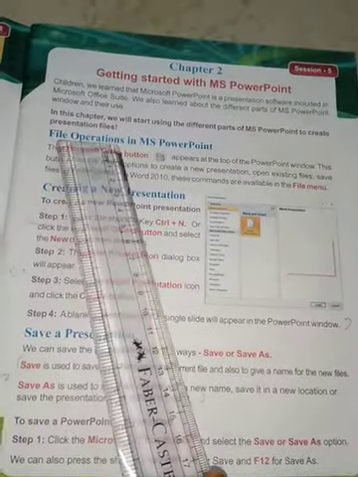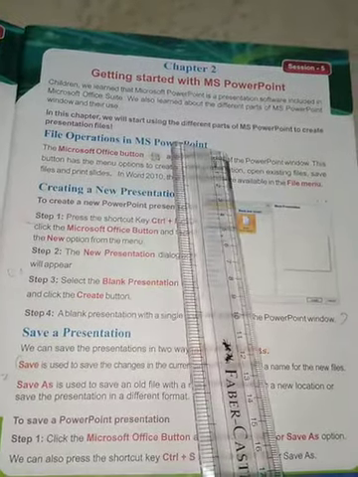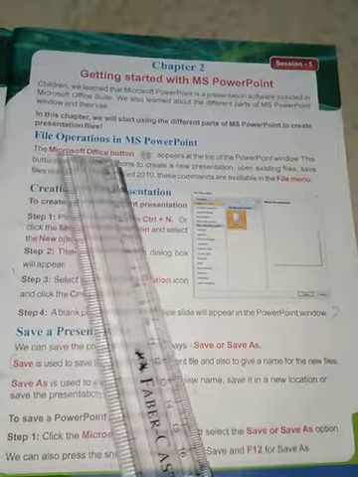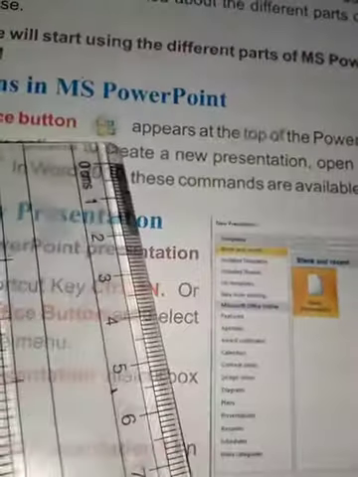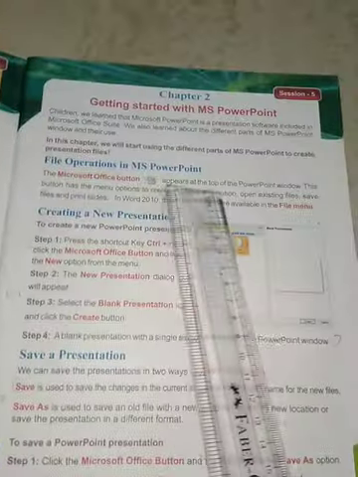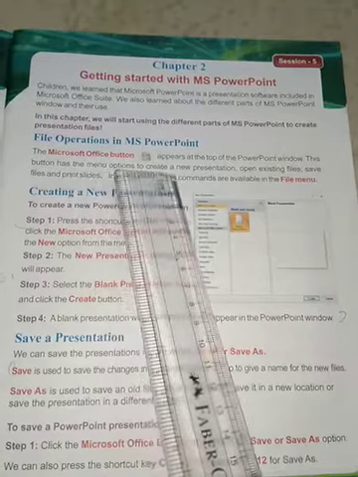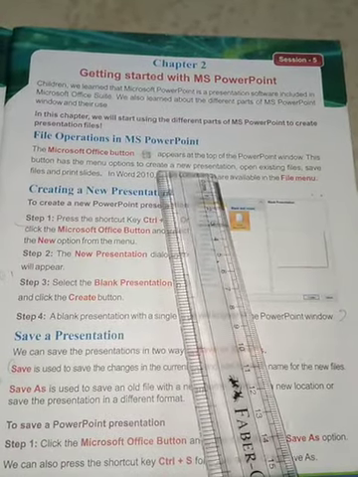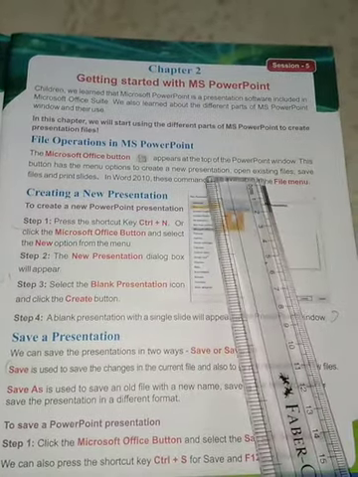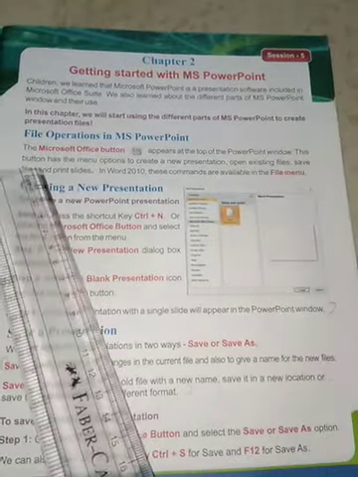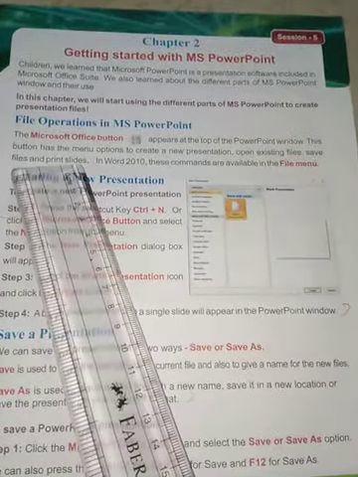First, file operations in MS PowerPoint. The Microsoft Office button, that is this, appears on the PowerPoint window. This button has the menu option to create a new presentation, open existing files, save files and print slides.